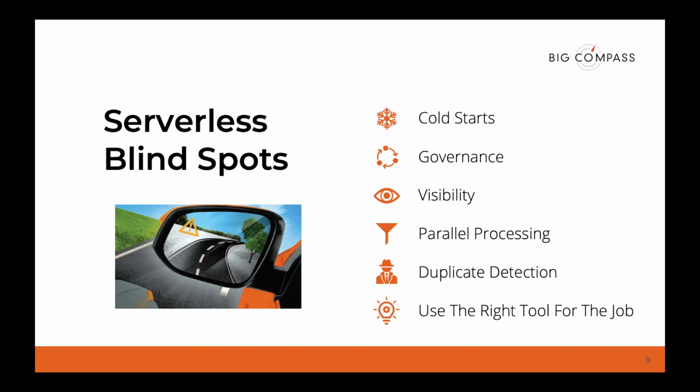So as you shift your mindset, you're going to start to think about some of these concepts in a slightly different way. So serverless blind spot number 1 is cold starts. And if you're not familiar with them, cold starts can occur on AWS Lambda. And it's a really dreaded problem to have, especially when you need a rapid response from your Lambda or API gateway.